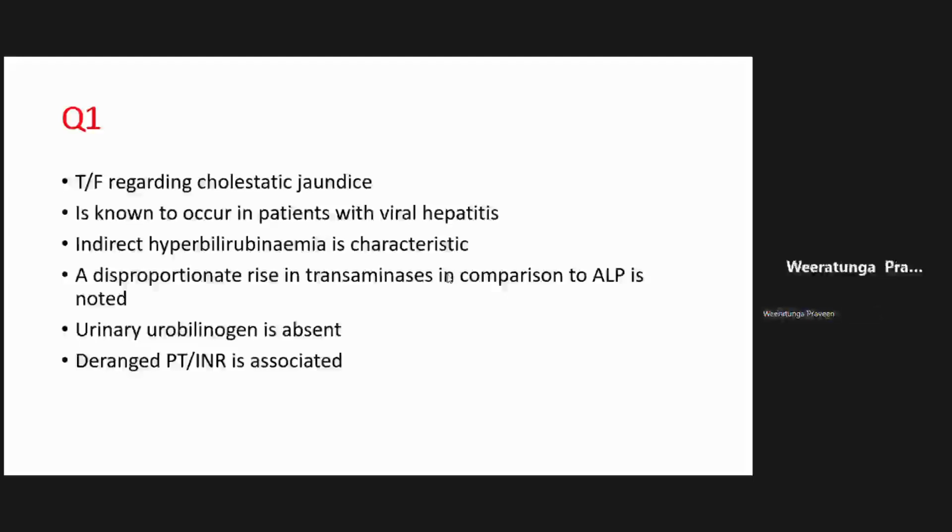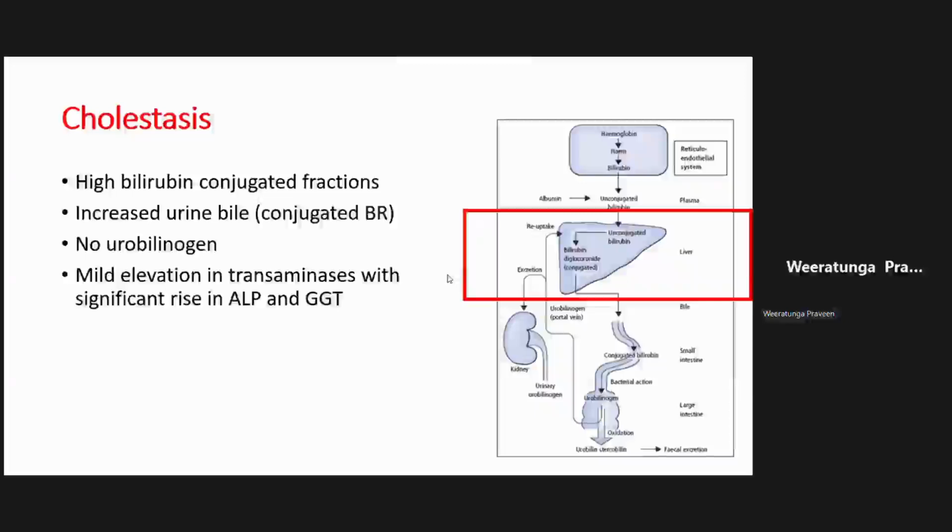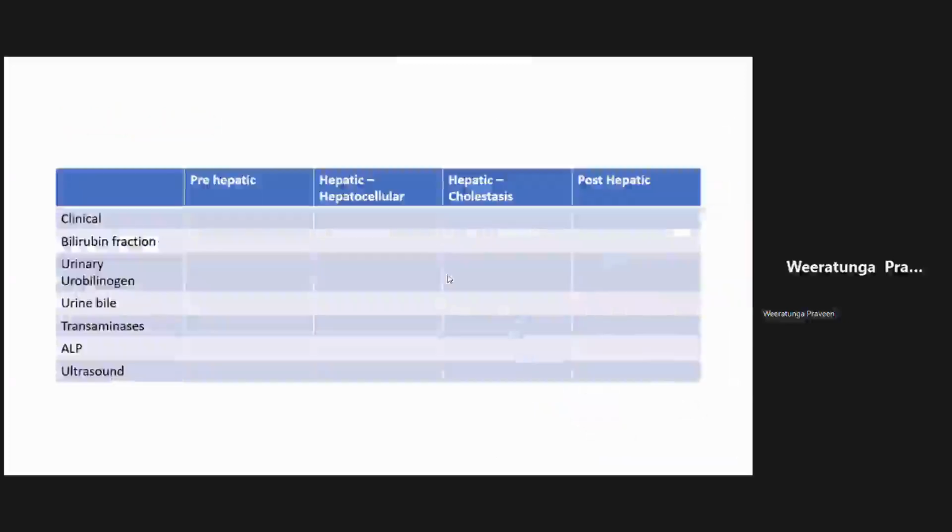Right. Now the first few questions are focused on jaundice. Now in your long cases, when we did jaundice, I explained in detail how you classify jaundice based on clinical type and the various changes and investigation abnormalities that you can use to detect these various types of jaundice. So I'm just going to quickly revise that. We remember my table